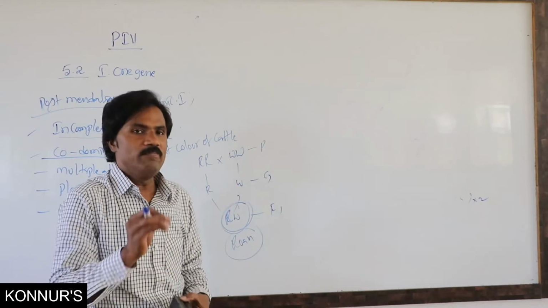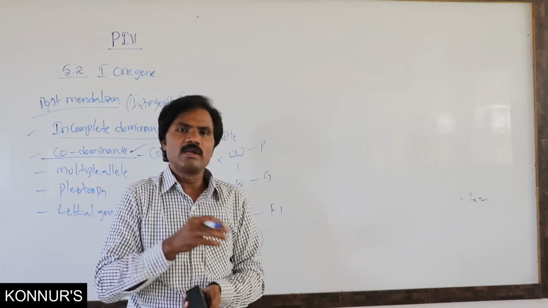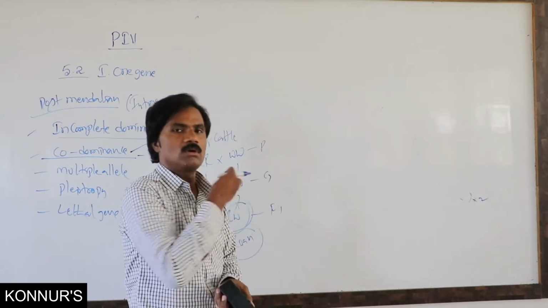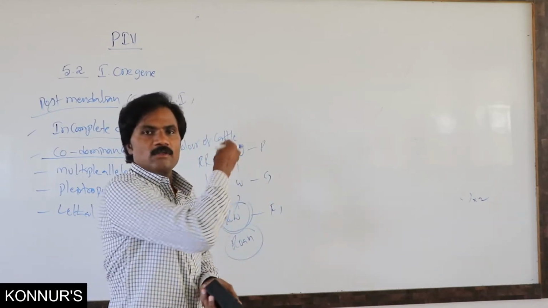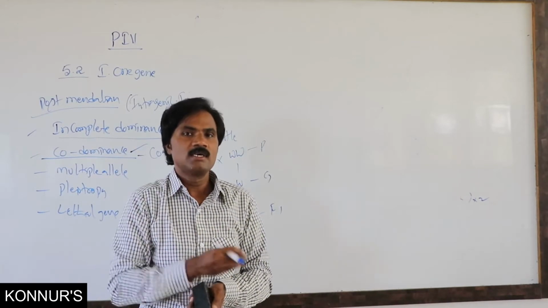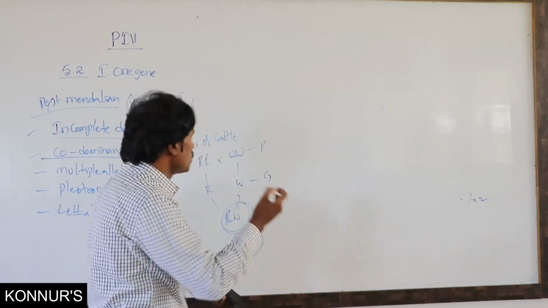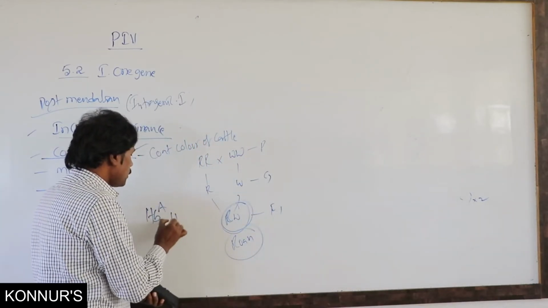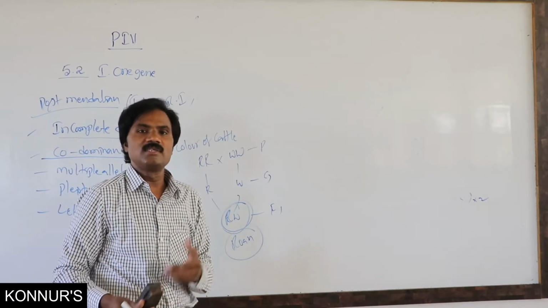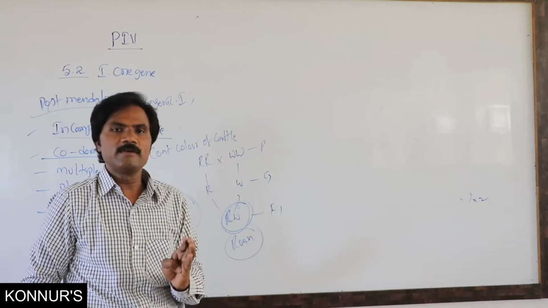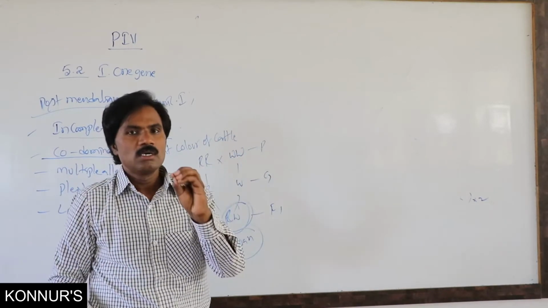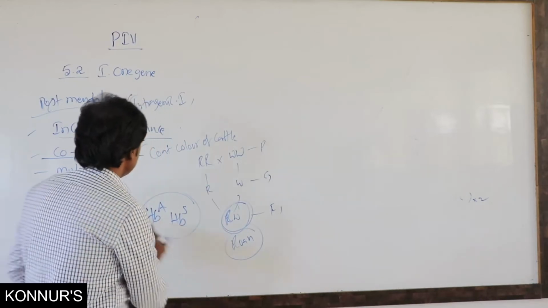Apart from this, sickle cell anemia. According to the NCERT book, they have given autosomal recessive inheritance. Okay. Then it is also one among the part of this codominance. HBA and HBS, both are there. There is a codominance, HBA and HBS. These are codominant alleles in sickle cell anemia. So, sickle cell anemia, coat color of cattle, as well as blood groups, all these three are related to codominance.